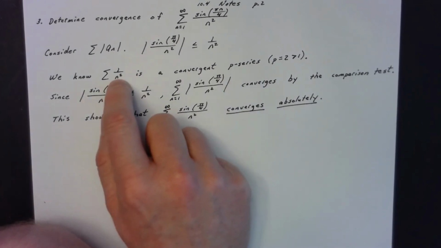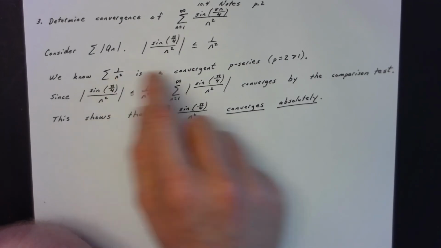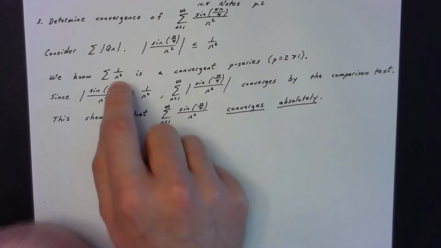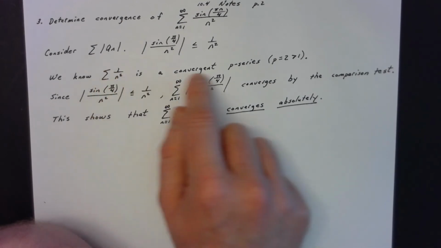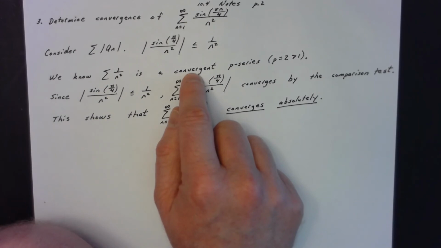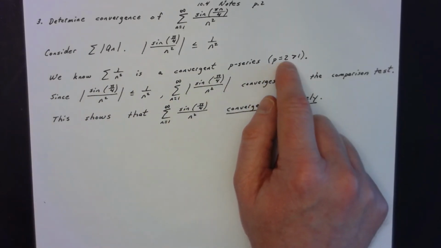Remember, anytime you have n in the denominator raised to a power, it is a p-series, and the test for convergence is that when p is greater than 1, the denominator is large enough to make the fraction small, so that when you sum from 1 to infinity, you get a convergent finite answer. In this case, we say this is a convergent p-series because p is equal to 2,